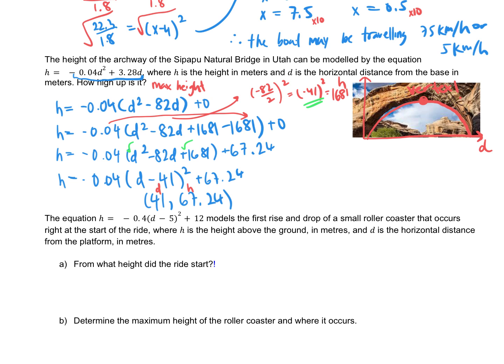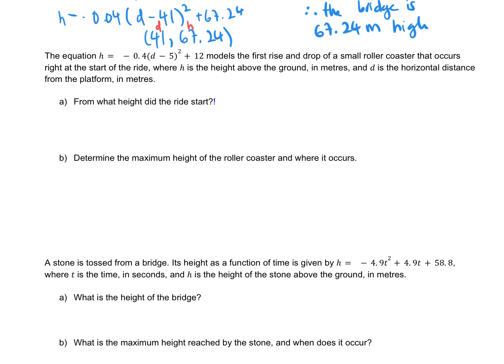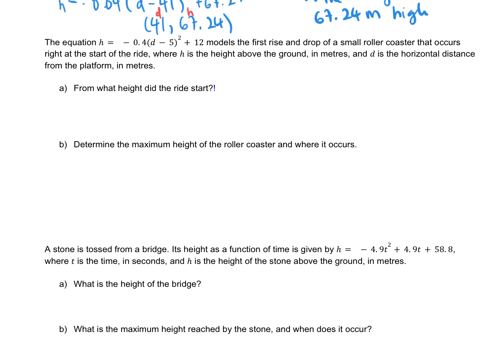So now the question is, how high up is it? Which means we only care about the height. So therefore, the bridge is 67.24 meters high. So just a question asking for the vertex from standard form. Let's try another. The equation h equals negative 0.4 times d minus 5 all squared plus 12 models the first